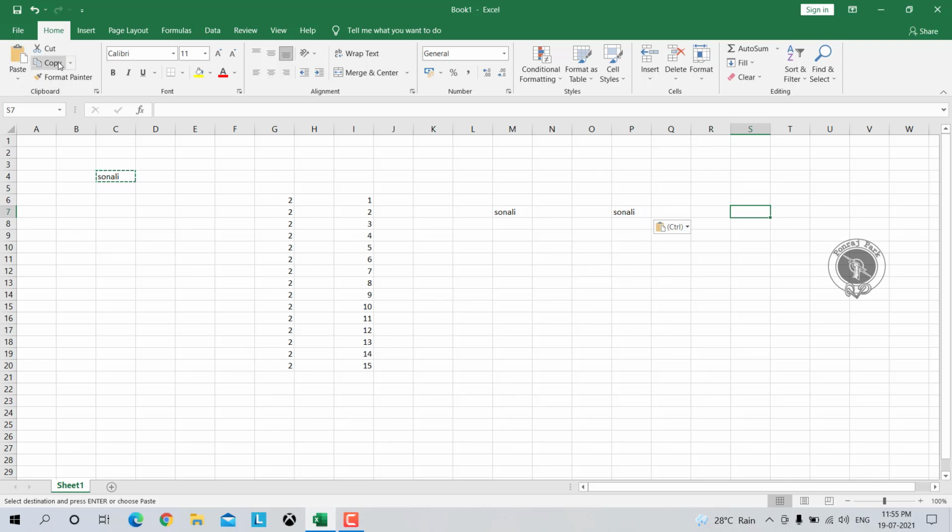And one more thing, you can also use keyboard shortcuts for this. For cut you can use Ctrl X, for copy you can use Ctrl C, the keys present on your keyboard, and for pasting you can use Ctrl V. Those are the shortcuts which you can use. And if you don't remember, you can just hover your mouse over here and you can see all the shortcuts available. So it becomes very easy to use the shortcuts and to work in Excel.